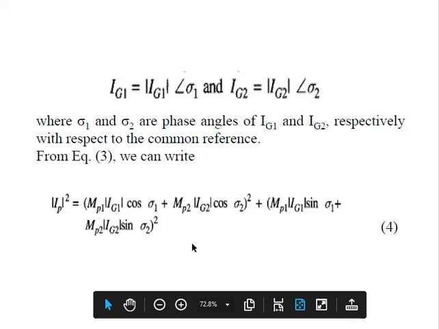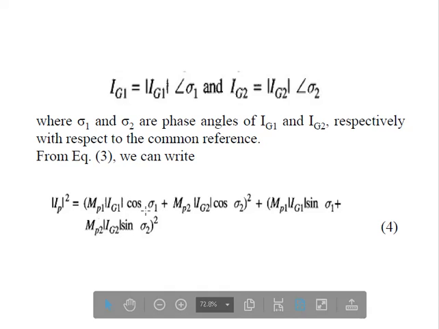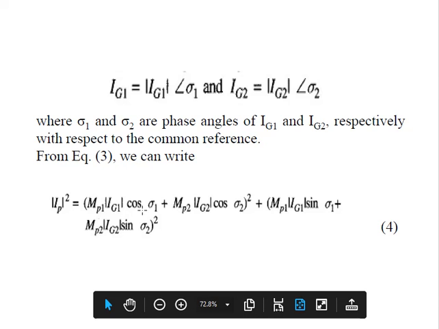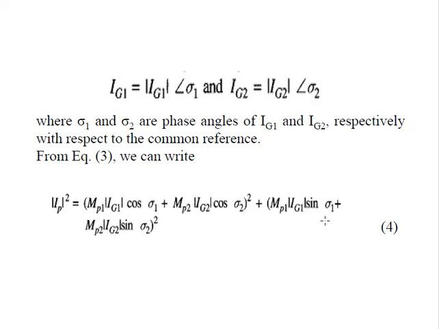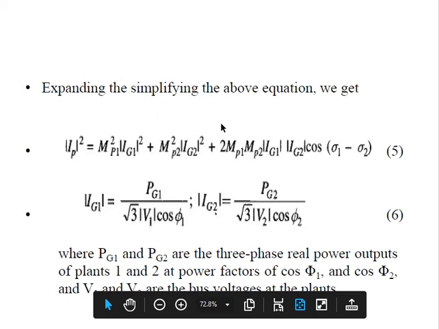Then we can derive this equation number 4. After simplification of equation number 4, for example, you see a plus b whole square and a plus b whole square, then you can simplify this. We receive the cosine square here and sine square here. Cosine square plus sine square is nothing but 1, and after that simplification, we can also apply cos sigma 1 minus sigma 2, that is cos sigma 1 sigma 2 plus sin sigma 1 sigma 2, and replace it with cos of sigma 1 minus sigma 2. We can receive this equation number 5.